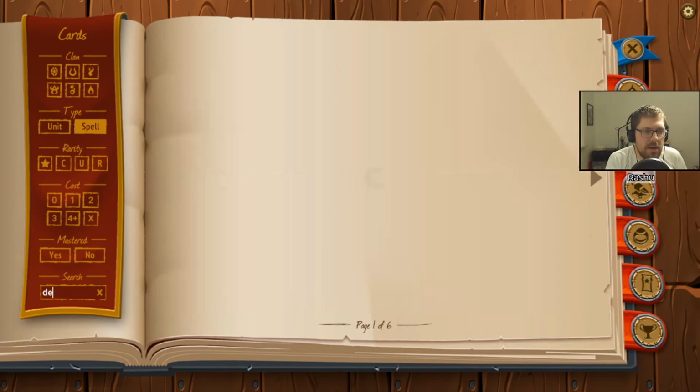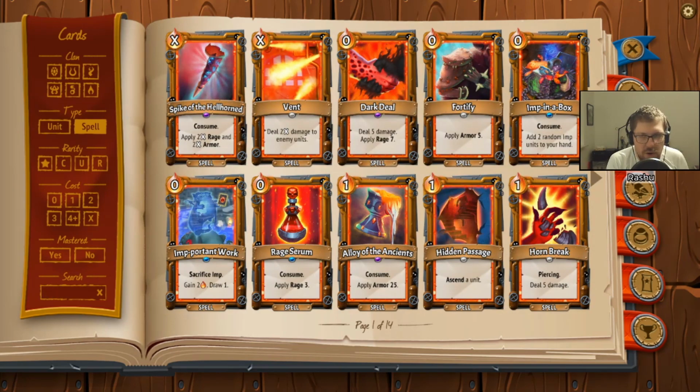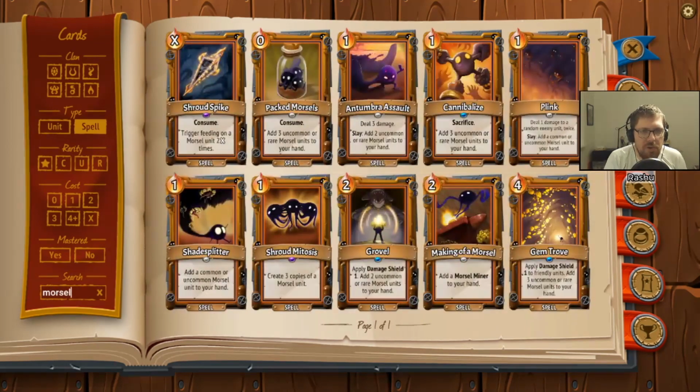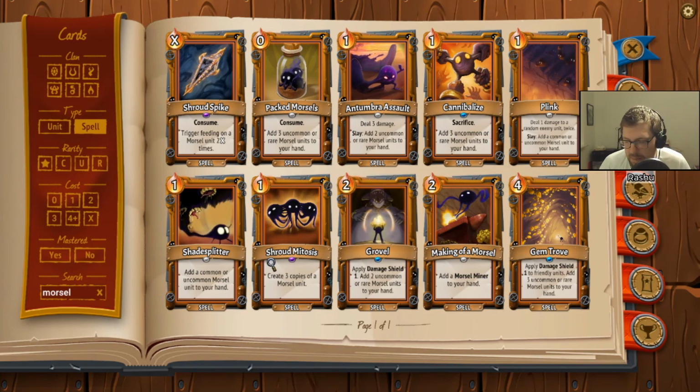Demons. There are no demon spells. As I said with Awoken, there's no tags at all. If we look at morsels, you have Shroud Mitosis, which is the main one. It's why basically you should always take Umbra, because if you get Shroud Mitosis, it becomes extremely trivial to win. And the question is, what do we want secondary? Which is a very good question. I think we want...